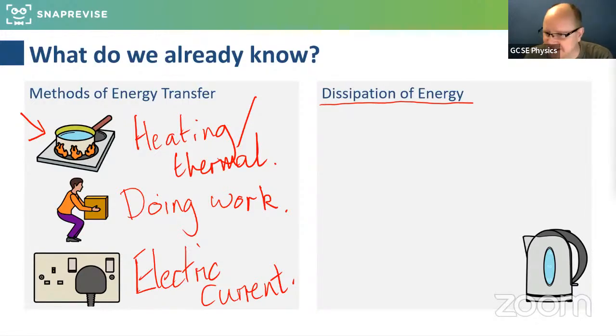Just looking at the comments in the chat there. Yes, electrical current is used to do work ultimately. Somalia has said it can't be made or destroyed, only transferred. I think you mean that. Yeah, absolutely right. So it's never possible